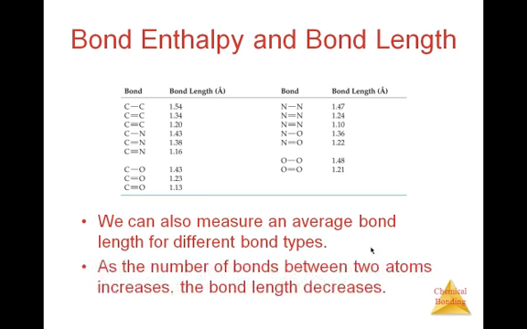We can also measure the average bond length for different bond types. Bond lengths change based on how many bonds are there. As the number of bonds between two atoms increases, the bond length decreases. So as you notice, if you have triple bonds, it's a very short bond. If you have a single bond,